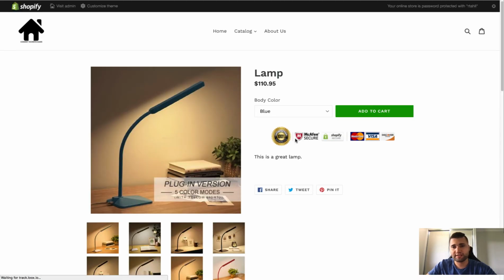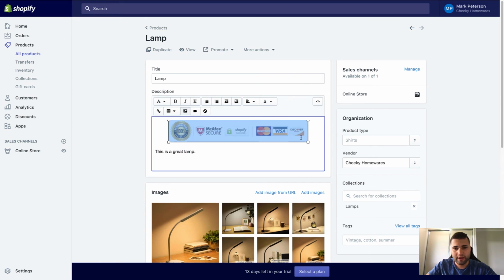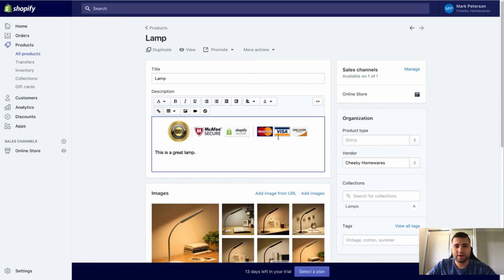So refresh that. You can see now we have a nice trust logo that's nice and centered. We'll see if we can make it a bit bigger. We don't really want it to be too blurry, but we do want it to be really noticeable. All right. So with your trust logos, guys, you don't want to have it